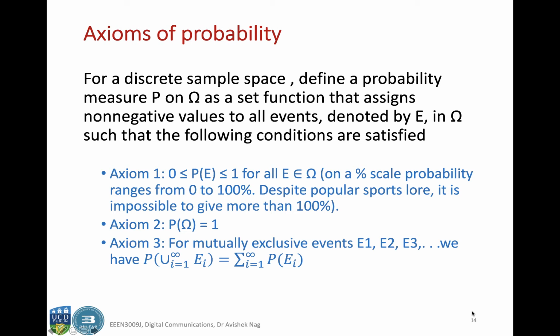And each of the individual probabilities will be 1 over 6. What is the probability of getting a 1 when you are throwing a die? It will be 1 over 6. What is the probability of getting a 2? That is also 1 over 6. So if you take the union of all these events, in this particular example, it is the entire sample space.